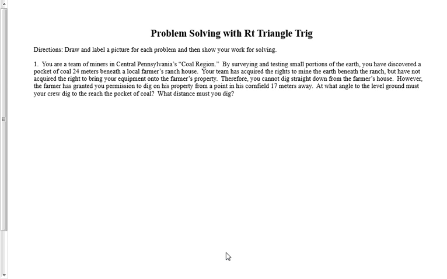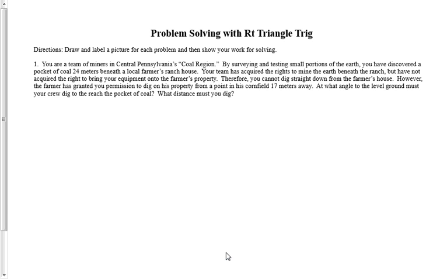All right, so this is a video of the solutions to the problem solving with right triangle trig worksheet. This is obviously number 1. It says you are a team of miners in central Pennsylvania's coal region. By surveying and testing small portions of the earth, you have discovered a pocket of coal 24 meters beneath a